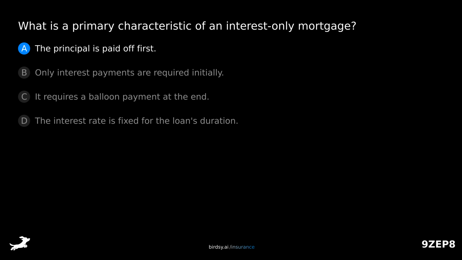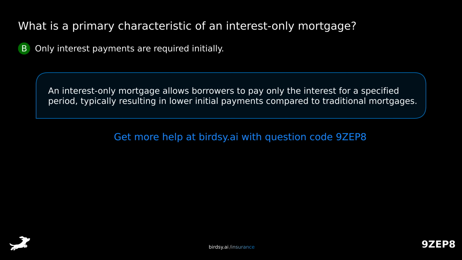Is it A. the principal is paid off first, B. only interest payments are required initially, C. it requires a balloon payment at the end, or D. the interest rate is fixed for the loan's duration? The answer is B. Only interest payments are required initially. An interest-only mortgage allows borrowers to pay only the interest for a specified period, typically resulting in lower initial payments